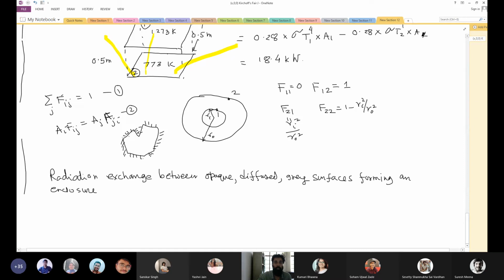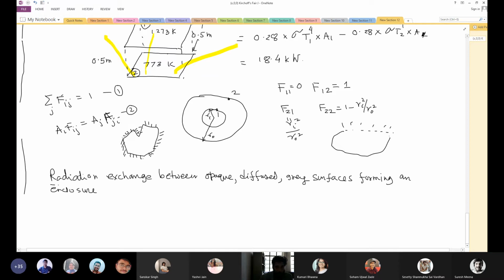If in an actual problem there is no enclosure formed, if some portion is open, we can always say there is an imaginary surface. We can form an imaginary surface and use the same methodology for solving those problems as well. When we put an imaginary surface to form an enclosure, we often assume that surface to be a black surface. That means whatever radiation falls on the surface goes and never comes back or is reflected. So this is a black surface. That kind of assumption is common.